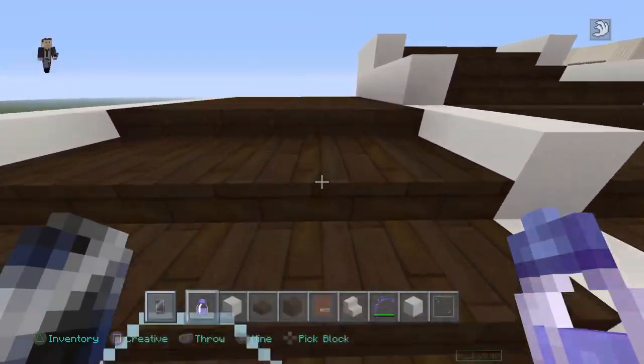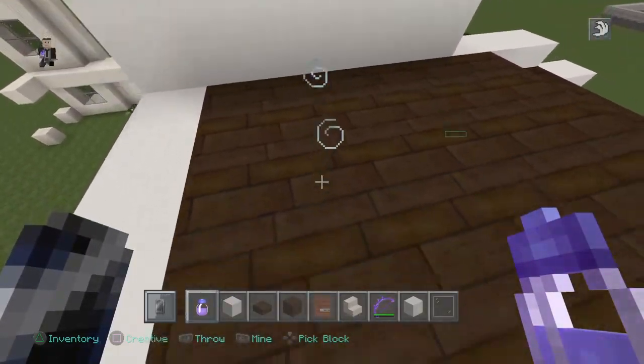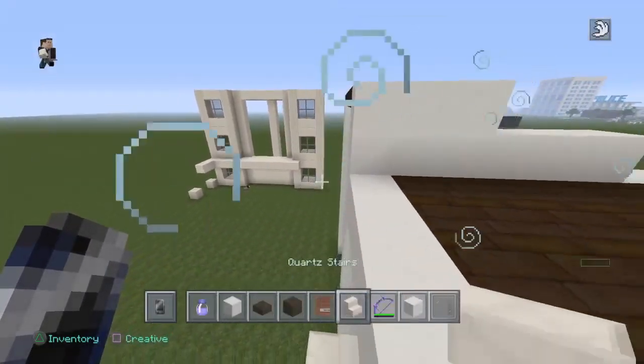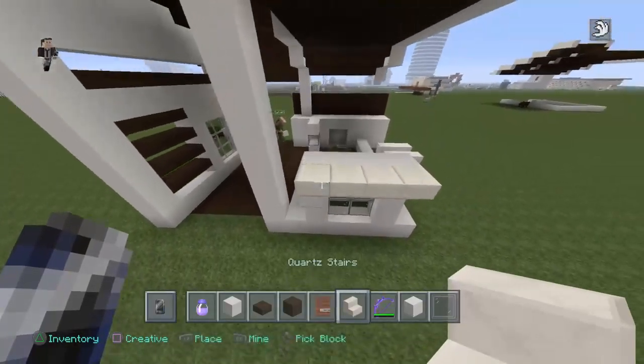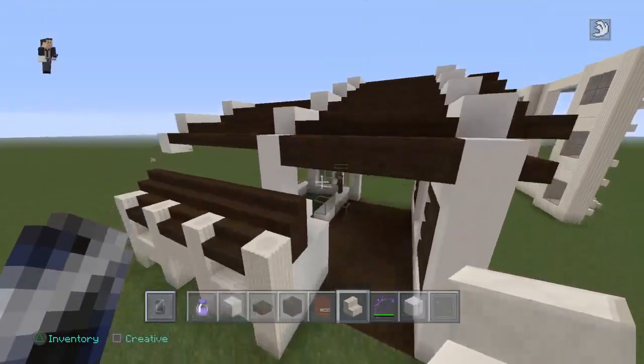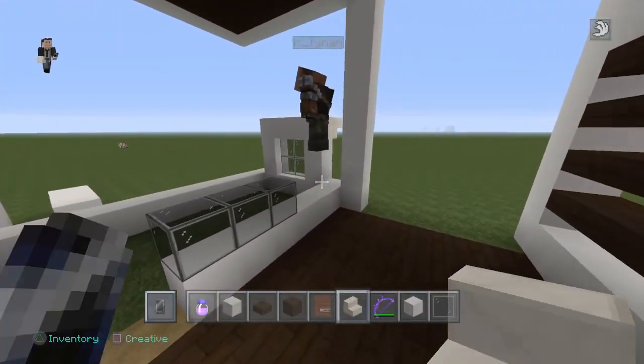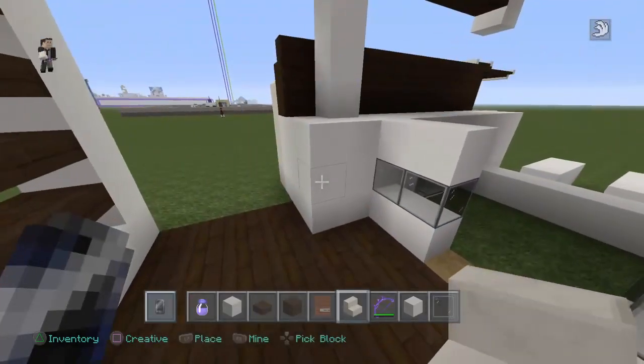I just think that it would look better if you have a plank right here, because it just looks better in my opinion. So it's really whatever you want to do after you get this part of the roof done. You can add in whatever you want. If you want to have the whole thing be white, you can, but it's better to get some of the